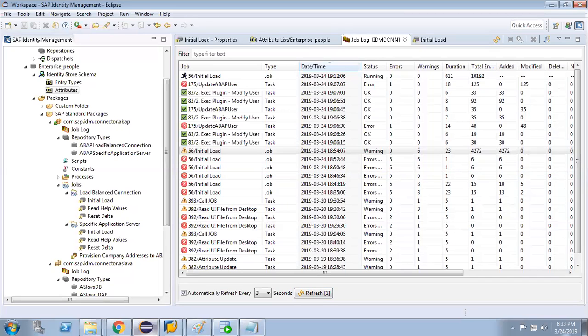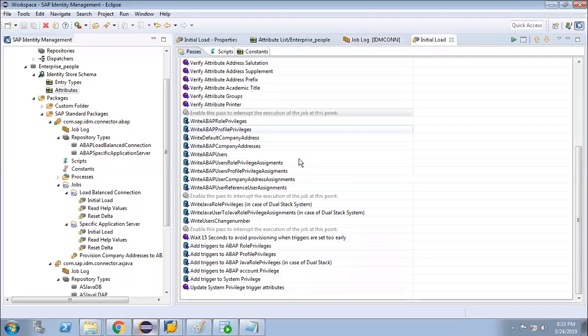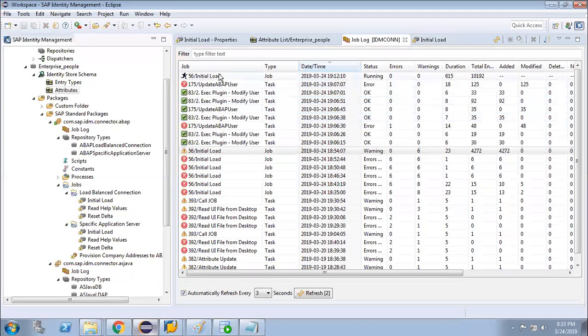It is running, you can see, because it does a lot of activity. It writes the above role privileges, then writes the users, and if it is a dual stack, it does that as well. Then it adds triggers to the role privileges and to the profile privileges. That is why it takes some time.